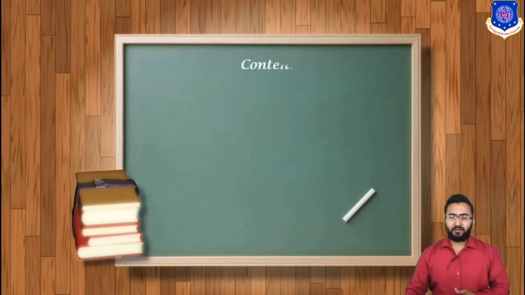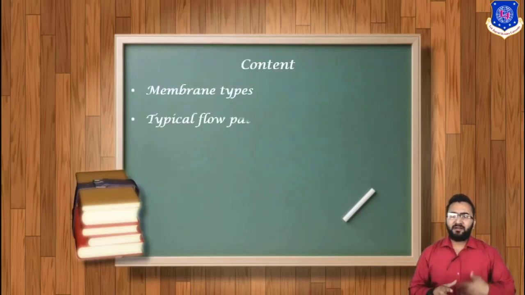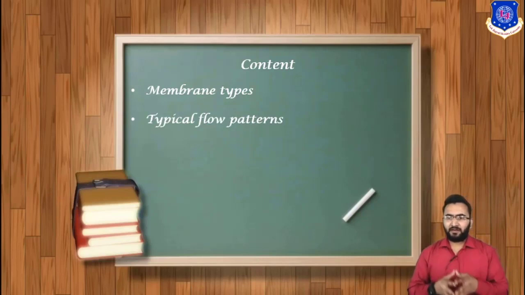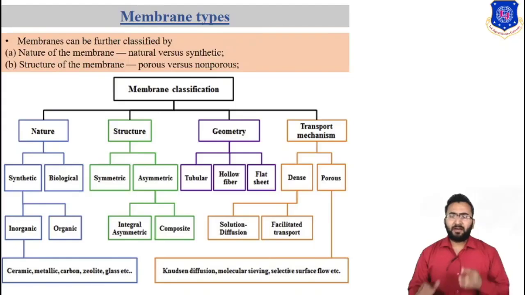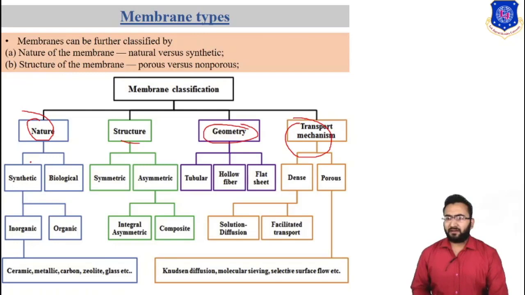So in this lecture, we'll discuss various types of membrane, classification of membrane, and typical flow pattern for membrane separation processes. Let's first discuss membrane types. Membrane can be classified by the nature of the membrane, structure of the membrane, geometry of the membrane, and transport mechanism of the membrane. From the nature of membrane, membrane can be classified as a synthetic membrane or biological membrane,